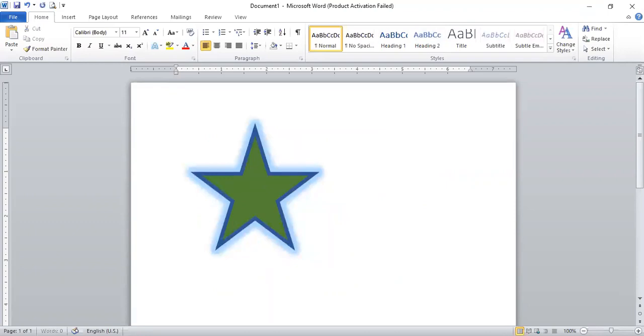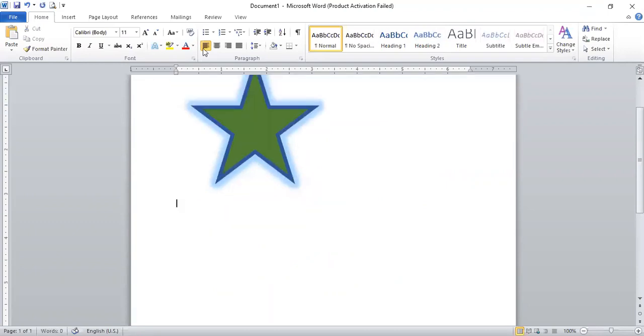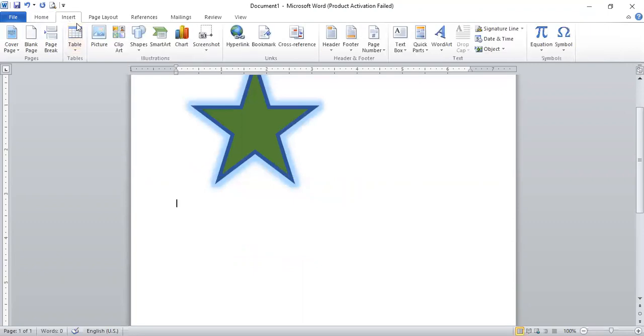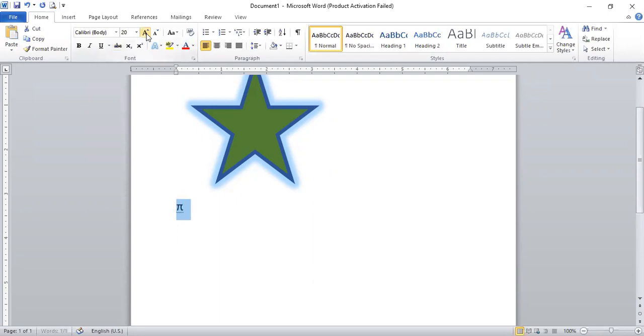Talking about symbols, if you want to add some symbol, go to insert. The last option in this insert tab is symbols group, where we have 2 options, equation and symbol. Click on the symbol option. You'll find certain symbols here which are frequently used. Let's say pi ka symbol hai. Click karo, that symbol is added. ठीक है, मैं I'll just increase the size so that you can see this, right?